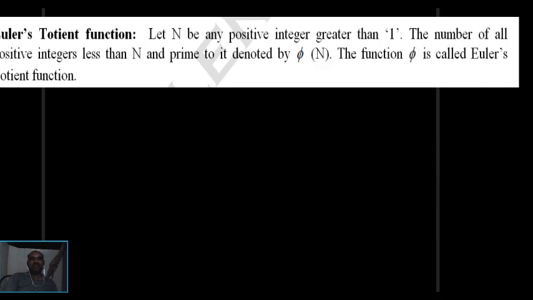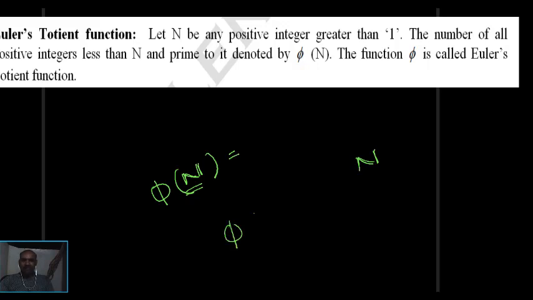Yeah, next concept, an important concept: Euler's totient function. Some definition is given; I will explain it clearly here. N is a natural number. The number of natural numbers less than n and co-prime to n is denoted by phi of n. Once again, listen, students. N is a natural number. The number of natural numbers less than n and co-prime to n is denoted by phi of n. I will explain through an example.